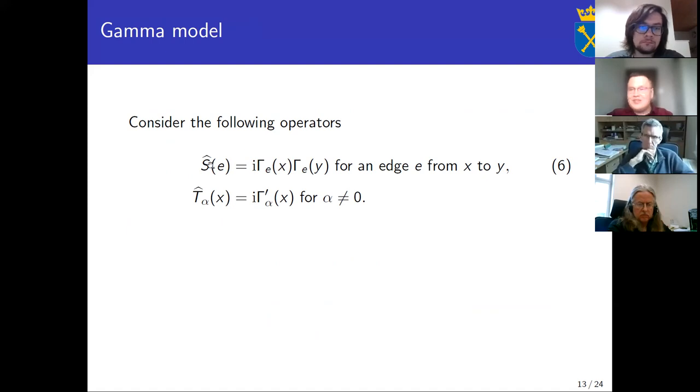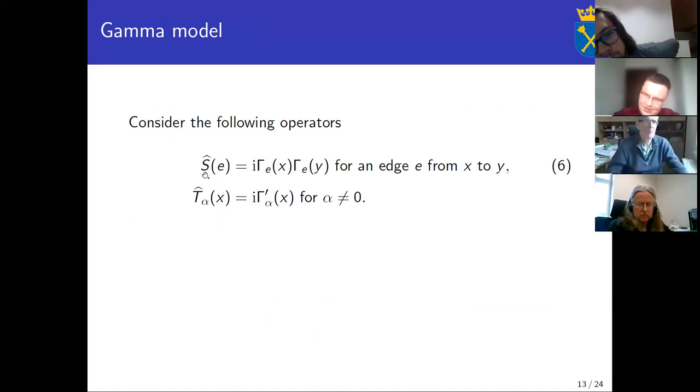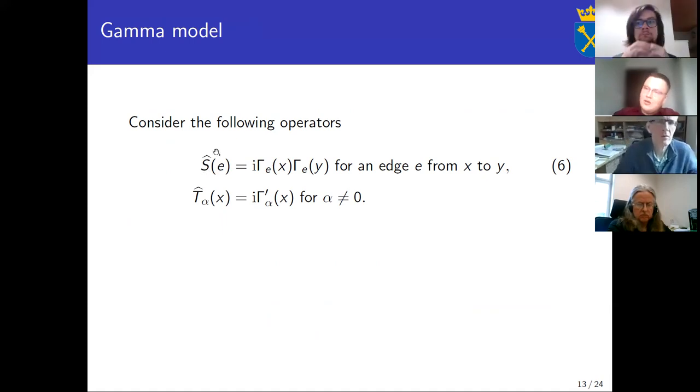They have the same symbols as the fermionic operators, but with a hat, in order to remind you that it's not the same operator. It's an operator in this spin system. And first of all, recall that S of E was sort of a hopping operator. It involved a product of two fermions at distinct lattice sites, psi-0 fermions. So S with a hat is now a product of two gamma matrices at different lattice sites.